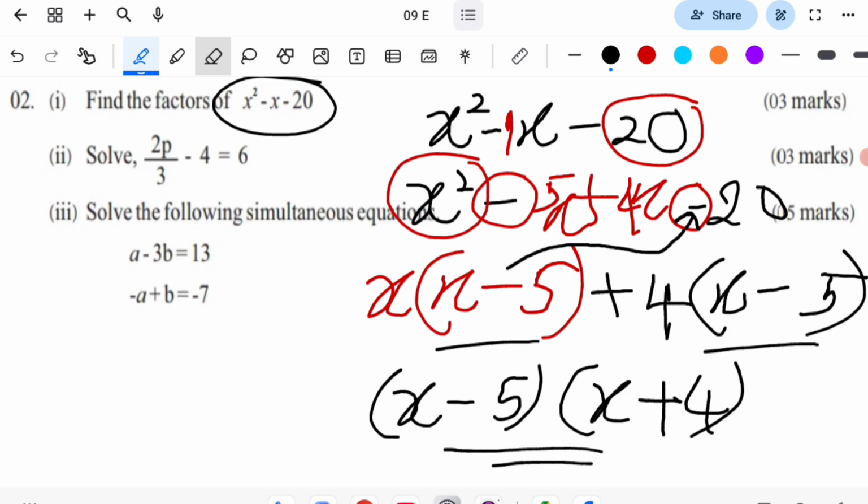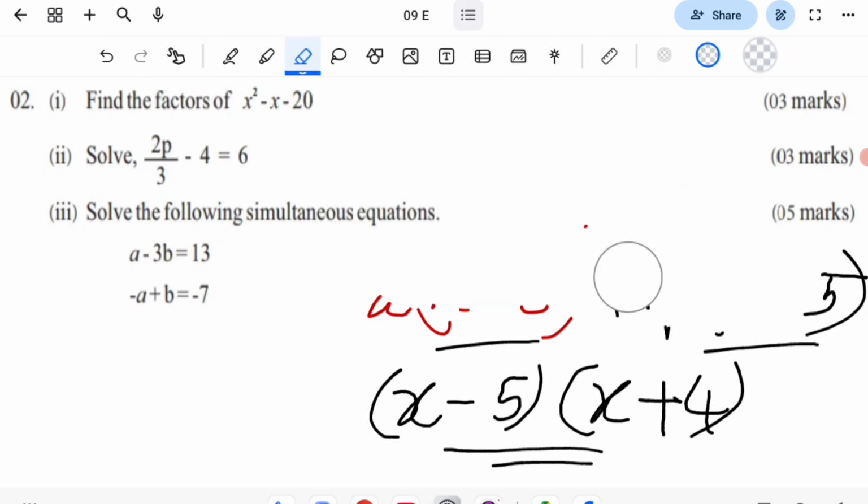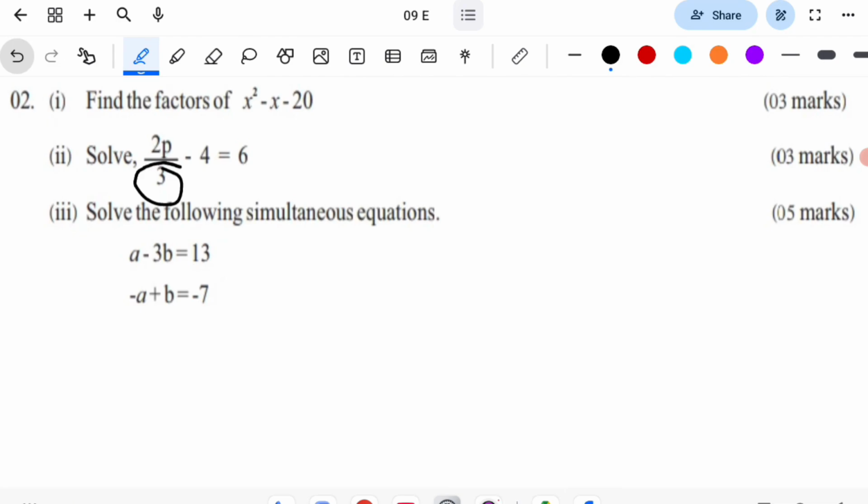Then part 2, there is an equation. We have to solve it. When solving, there is a fraction. I will remove the fraction by multiplying all terms by the value in the denominator. The value in the denominator is 3. We have to multiply all terms by 3. Then we can write